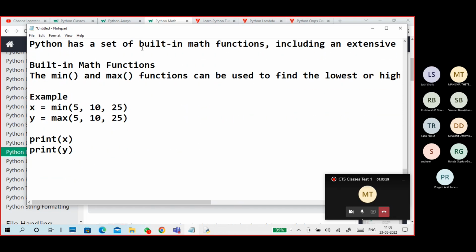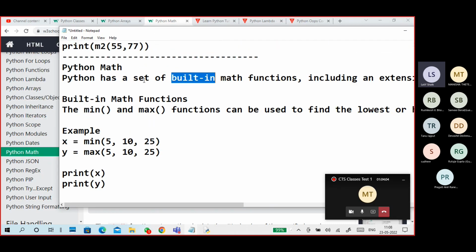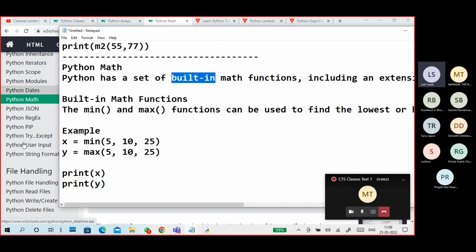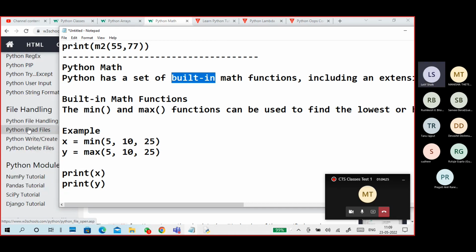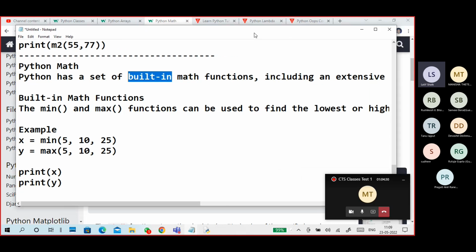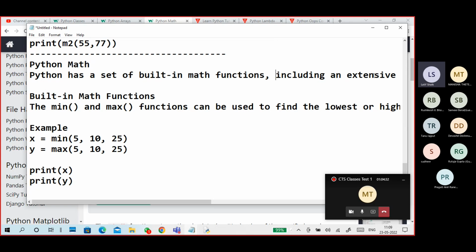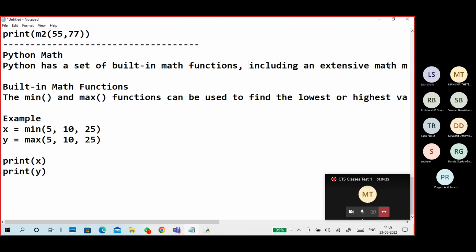These are all built-in functions. Earlier, we defined a function as per our requirement, but these are all built-in functions. Lambda is a function, but math is a built-in function like the lambda part. Date function, okay, it is also a built-in one. File handling related functions, these are all built-in functions only. Already built functions are there. So it includes extensive math